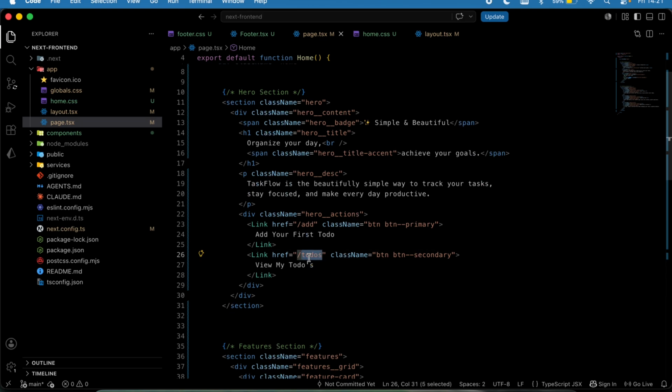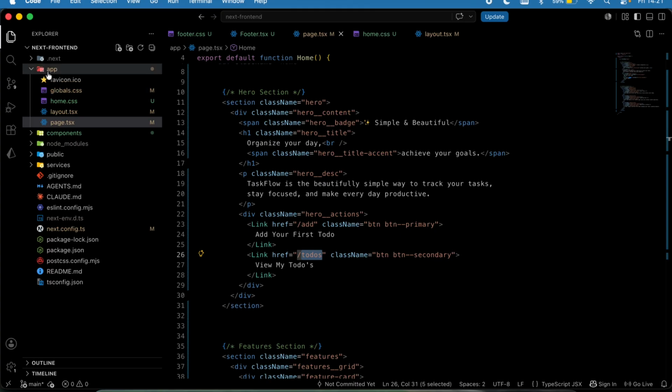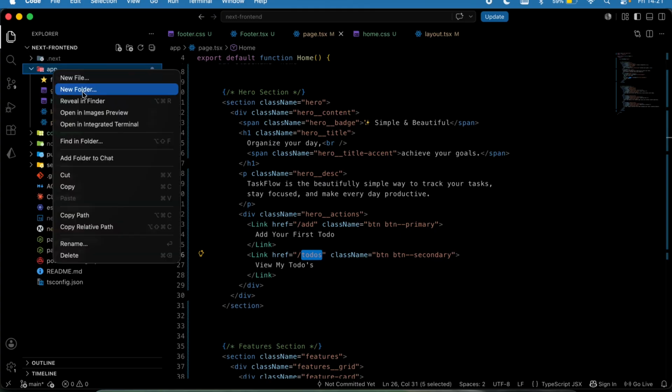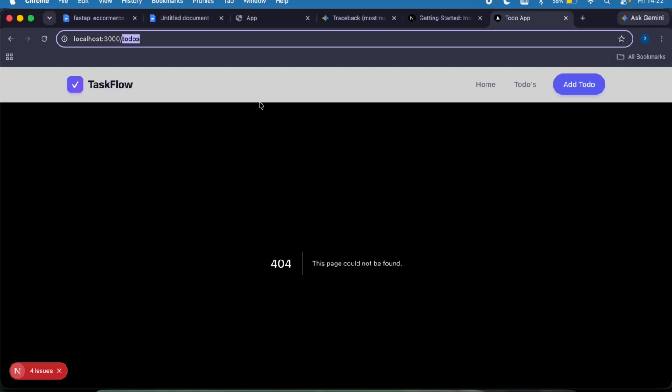So for us to do that, we need to come to the app and create a folder called to-dos. That's going to be the to-dos page. So if you want to have the to-dos page, you're going to come to your app right here, create a new folder, call it to-dos. The name must be the name of the route. So the name of the folder, so in